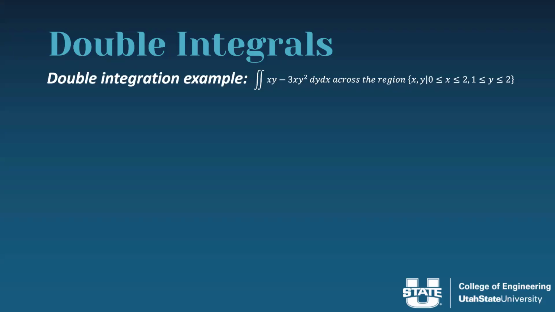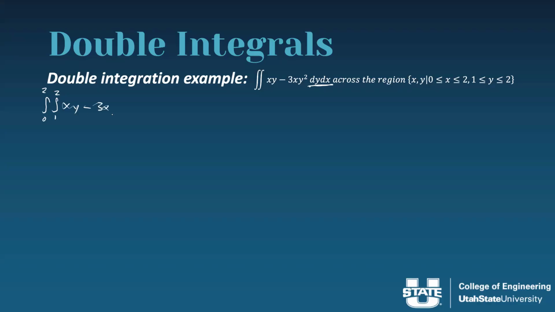Okay. Well, I'm actually going to solve this in two different ways just to show the different properties of double integrals. We'll break it up first and then solve it all the way through, and the second way we'll just brute force it. So we have the double integral. Since we're doing a dy dx here, we have to integrate the y bounds first on the inside. So that's 1 to 2, and then x on the outside, which is 0 to 2, of the function